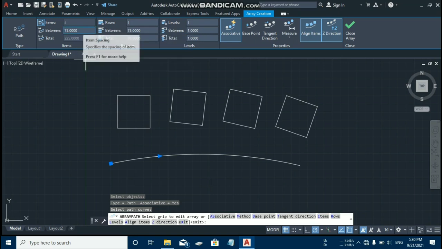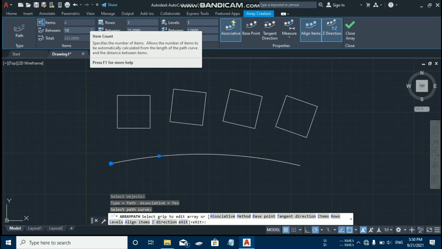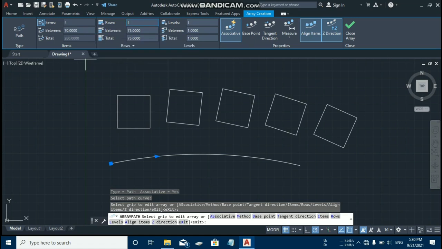And here you can see the distance between two objects, which is 75. Let's take 70 and you will see that we can actually produce 5, because we decreased the distance between two objects. And here you can see the row.